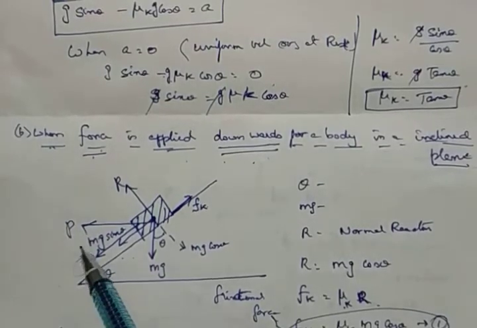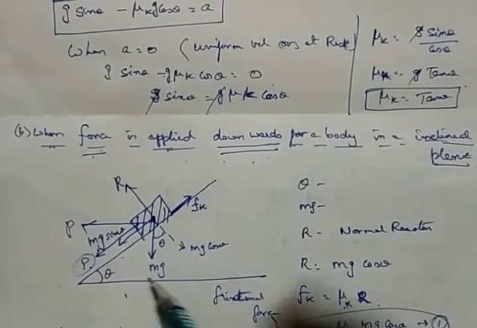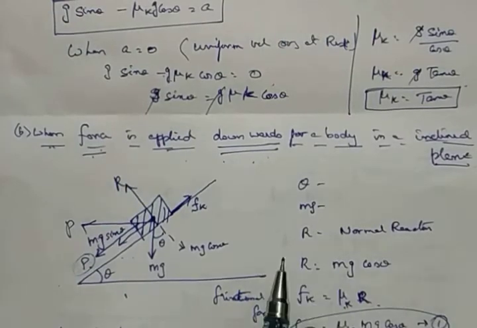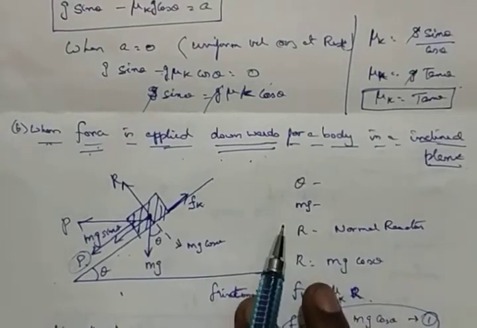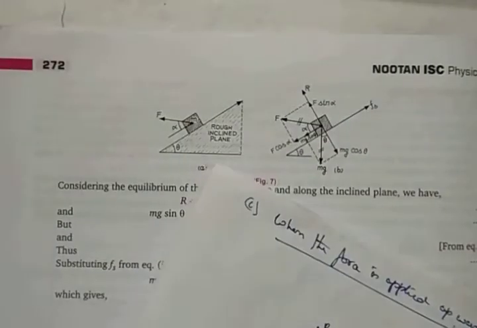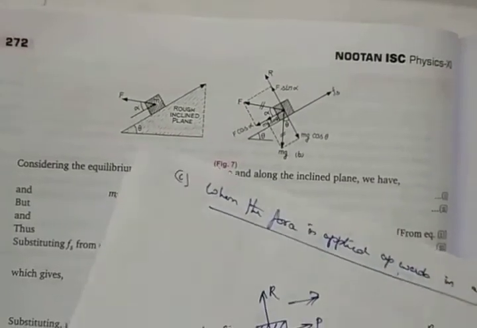So that is a little more complex. Once you have done this one, it is very easy to understand that one. We have already done this. You have the second and third derivations on this inclined plane. The fourth one we are going to see. The fourth one is when the force is applied